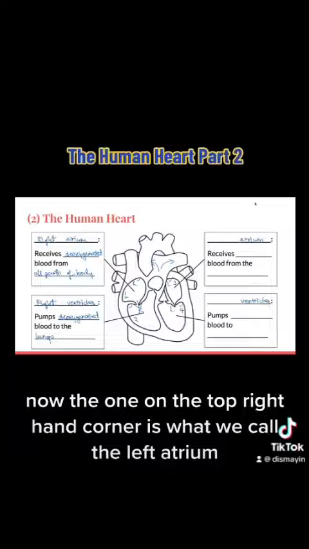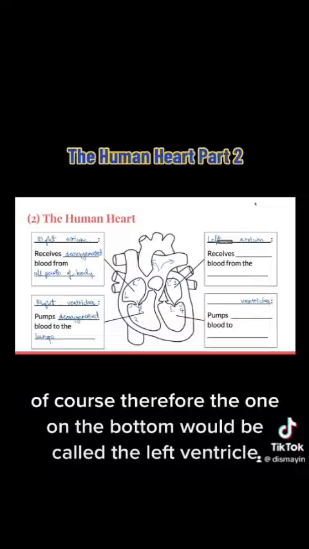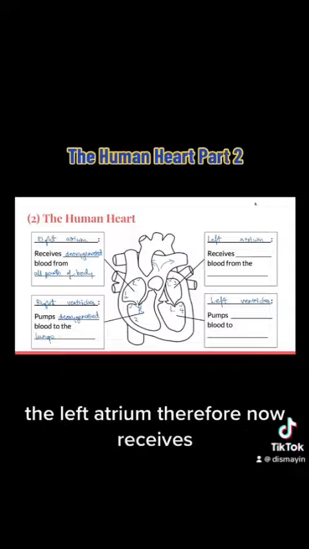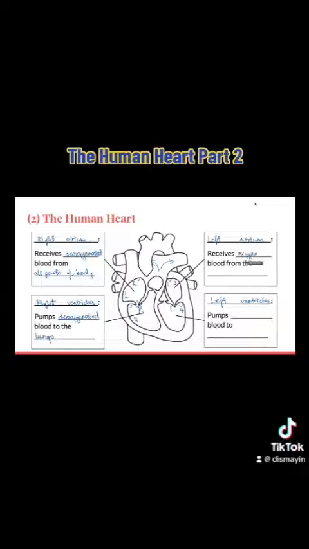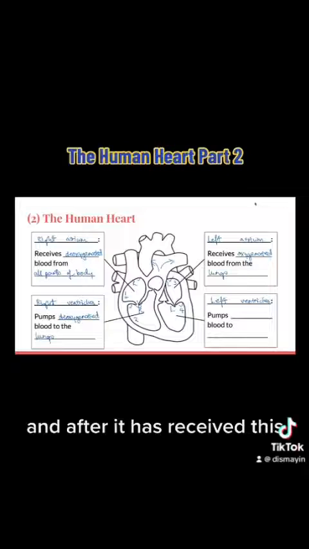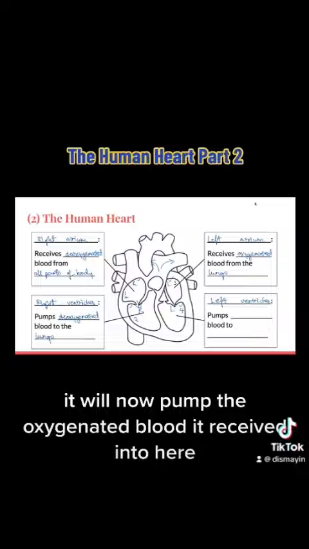Now, the one on the top right-hand corner is what we call the left atrium. Of course, therefore, the one on the bottom would be called the left ventricle. Okay, let's settle the name there. What happens over here? The left atrium, therefore, now receives oxygenated blood that has come back from the lungs. And after it has received this, it will now pump the oxygenated blood it received into here, which is the